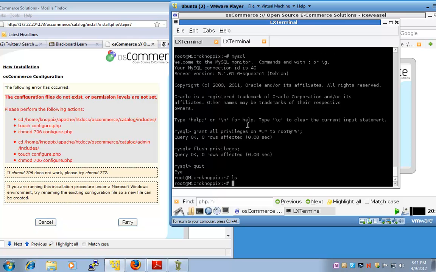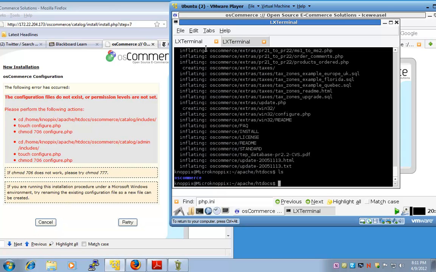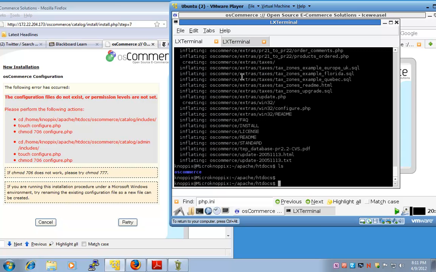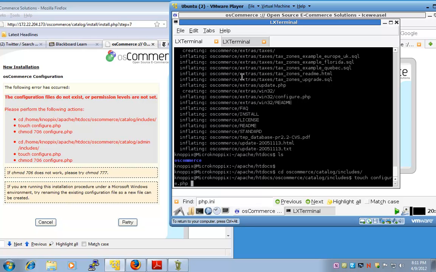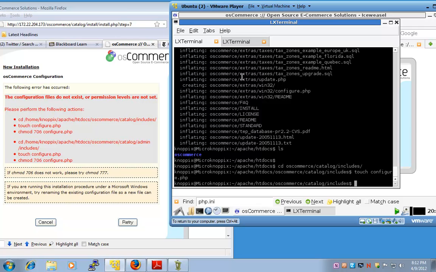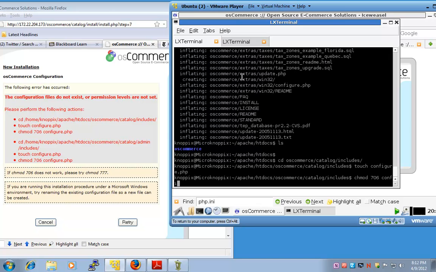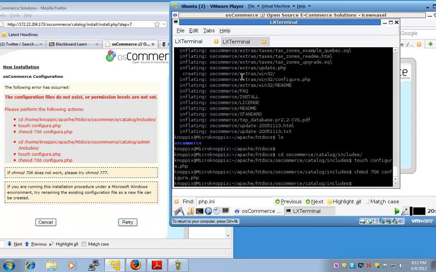We'll say cd home Knoppix. I can actually do that, I believe, as Knoppix. So let's do that. We are in htdocs. osCommerce catalog includes create configuration. Okay, and now chmod 706 on configure.php. And then they say to go to yet another place